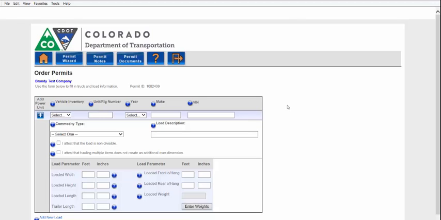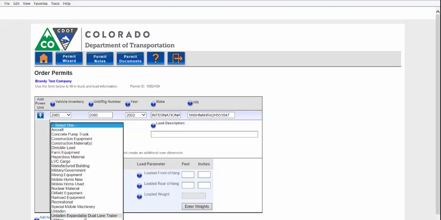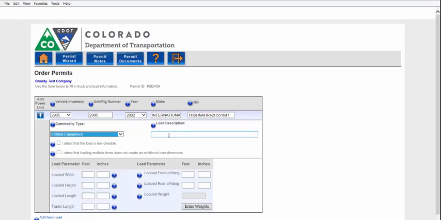And then on the screen, you will select your vehicle information. So we'll pick one of our vehicles from the inventory. You can select a commodity type. We will select our commodity type. You put in a load description. I do want to say in the COOPR system, there may be some additional requirements based on the commodity type that you may have to